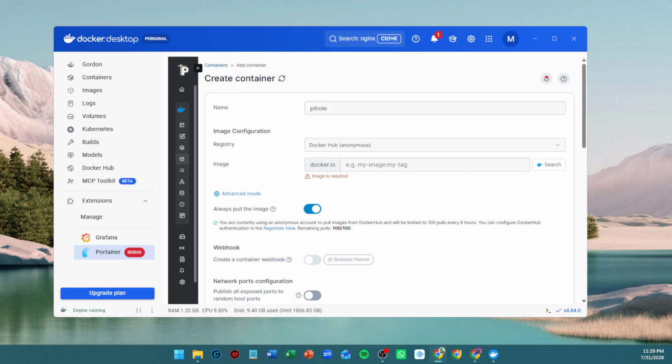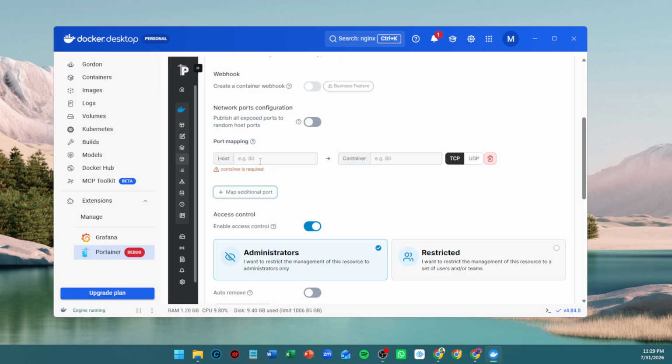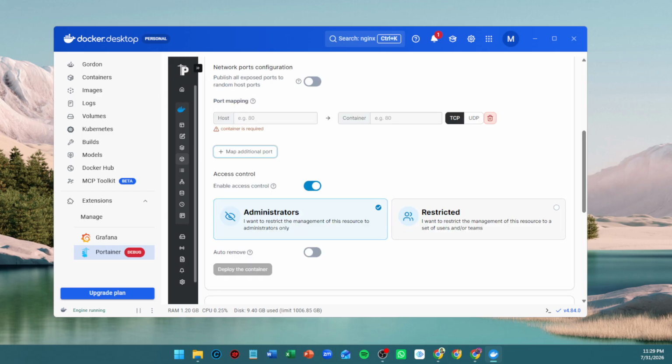Next, move down to the Network Ports Configuration section and click Map Additional Port. Pi-hole needs several ports and each one has to be added separately. First, map host port 53 to container port 53 and set the protocol to TCP. Then add another entry for host port 53 to container port 53 again, but this time switch the protocol to